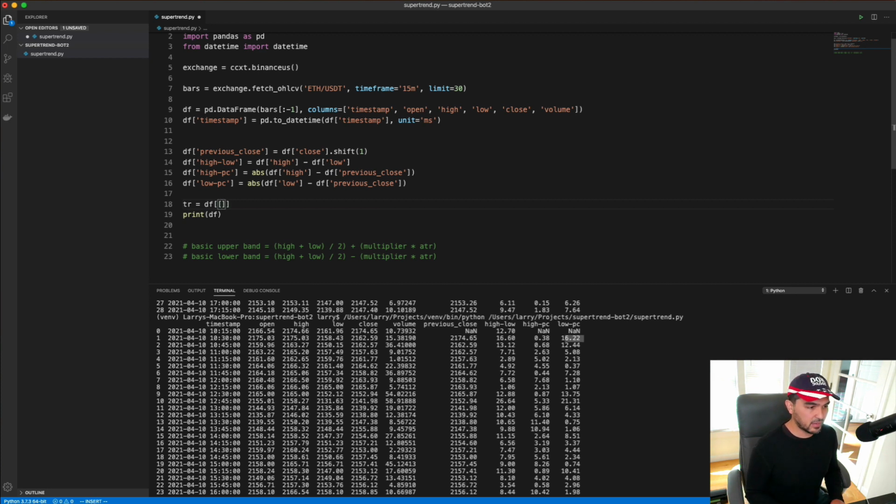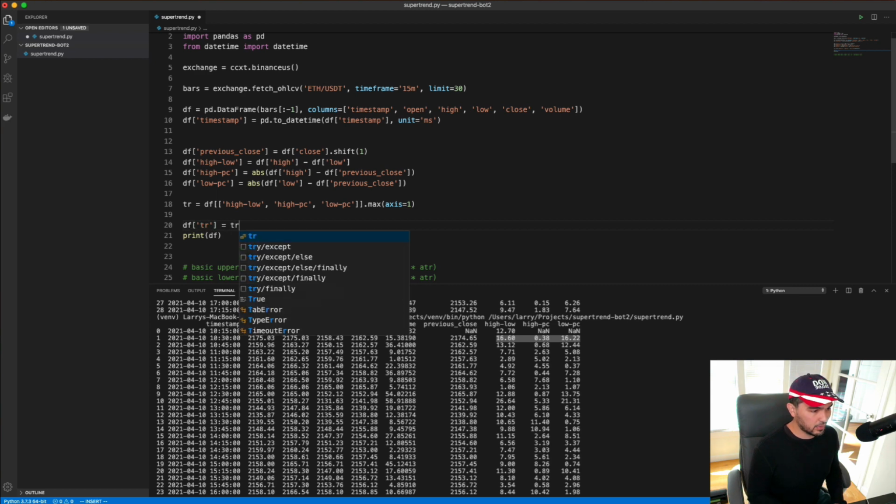is pass it a list. So these are double brackets here. So I'm going to give it the list of my columns. So the high minus low column, and I'll comma separate these, high minus PC, and low minus PC. So these are just a list of column names here, and I want to make sure there's only 2 brackets. Good. And then all I need to do is max axis equals 1, and that'll compare these 3 columns together. And if I do the data frame true range equals this TR here,